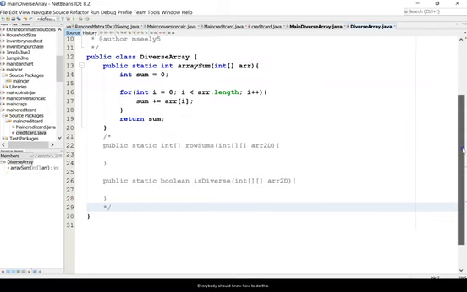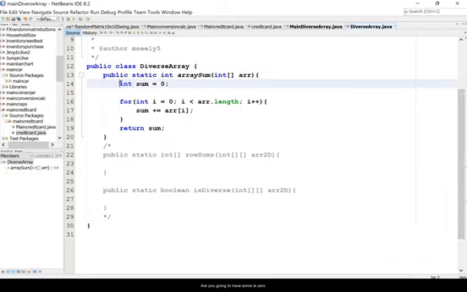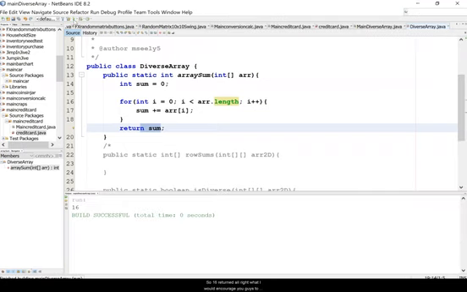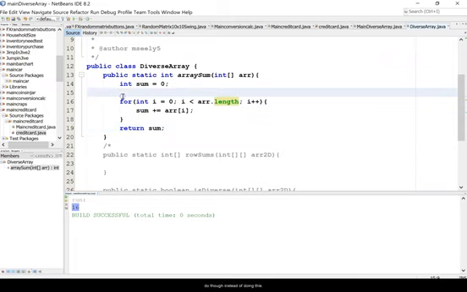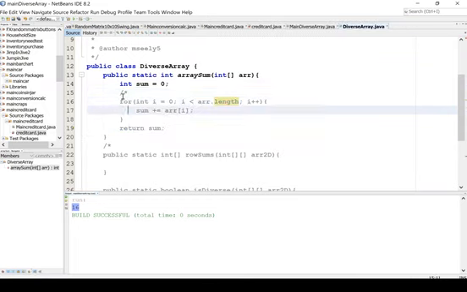And everybody should know how to do this. You could have sum is 0. You go from 0 to the length, and you just add this up, okay? And this works fine right here, okay? So 16 is returned, all right? What I would encourage you guys to do, though, instead of doing this, is to get into the habit of